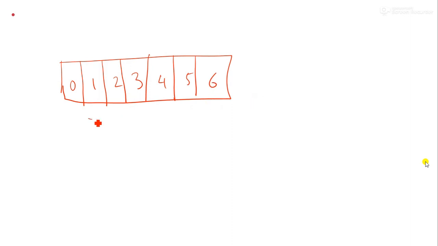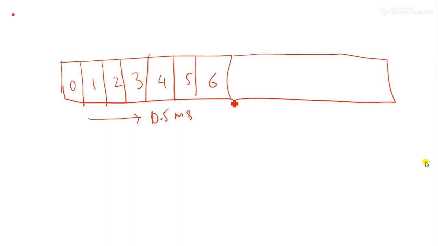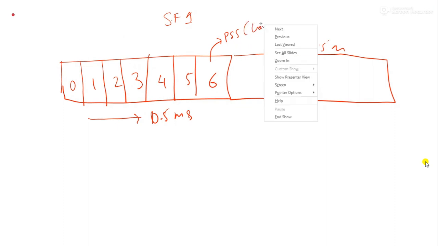Okay, this is the first slot what we get, correct? 0.5 millisecond slot. And similarly we'll have one more 0.5 millisecond slot. So this will be our subframe number 1, correct? PSS will always come here, in the first slot, in the 7th symbol. Okay, 0 to 6, this is the 7th one. Or we can also tell it as in the